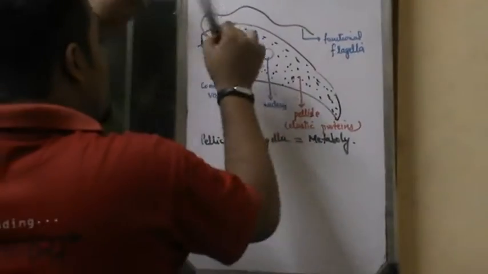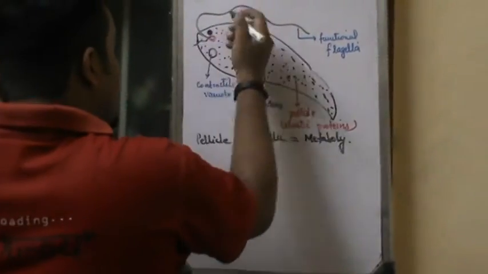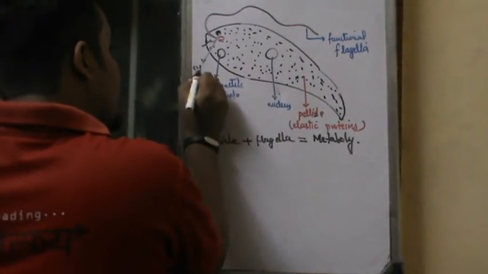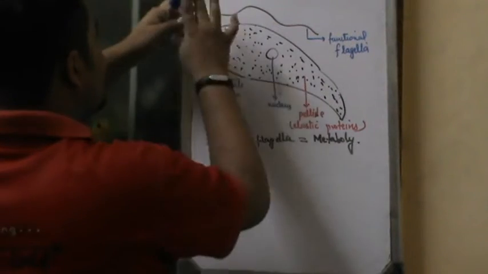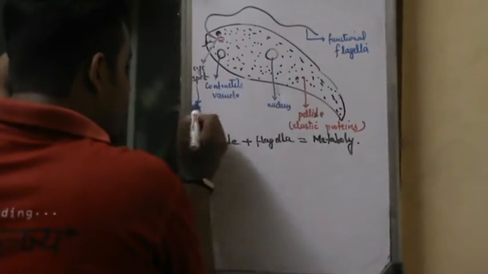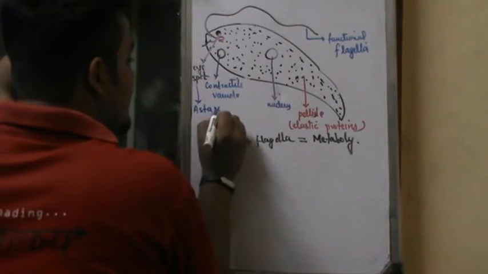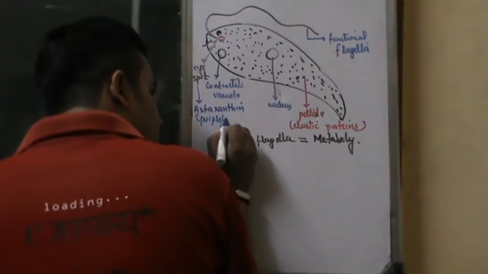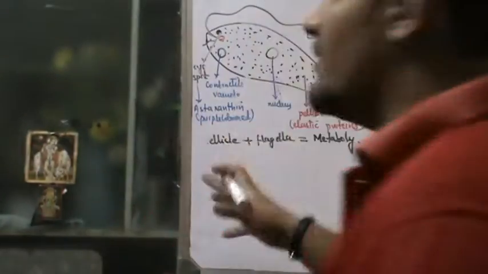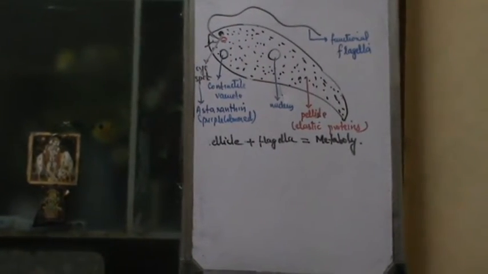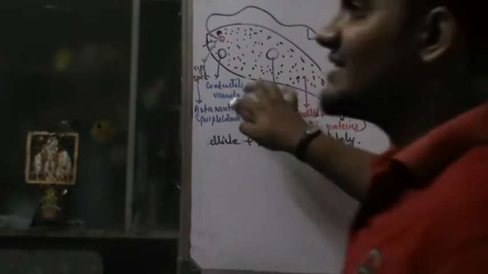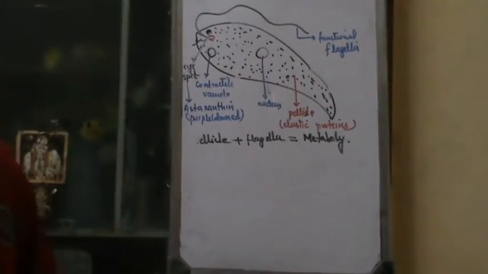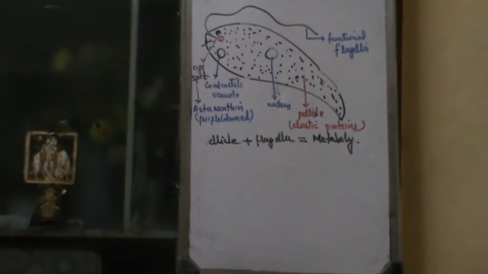Then यहाँ पे एक red color का ये बना है, हमेशा याद रखना. Over here this black color is called the eye spot. एक और NCERT example, again the eye spot has something called astaxanthin. Very very important, astaxanthin. Astaxanthin is a particular type of xanthophyll pigment, a purple colored pigment which is present in euglena, and it is responsible for the response of euglena to the light. It shows response to the light, and that's one of the major reasons.